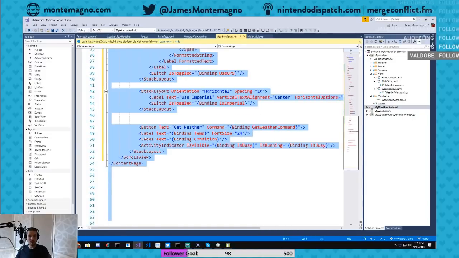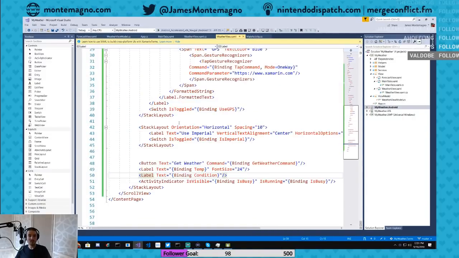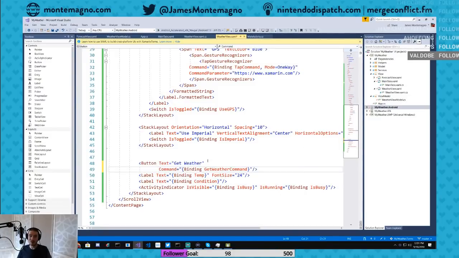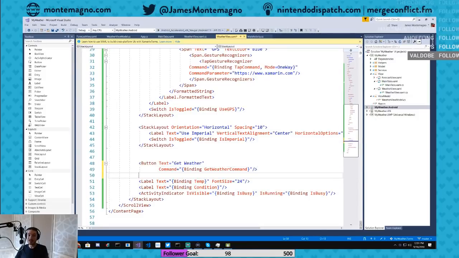And I'll just reformat. Ba-doom. Now, there is this button. One of the new things that they actually did, which is very cool, is they added padding inside of the